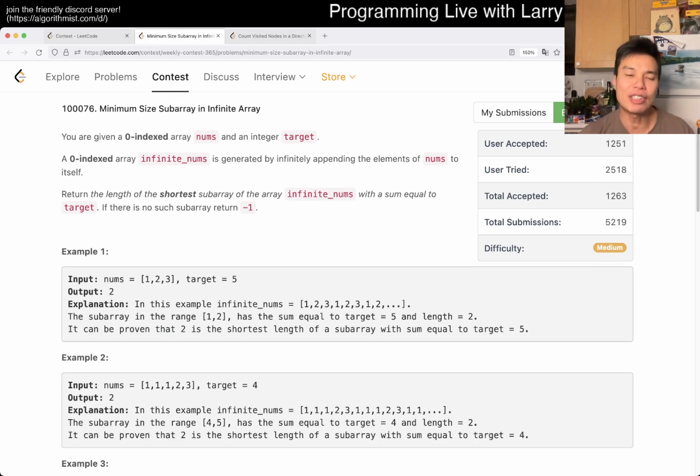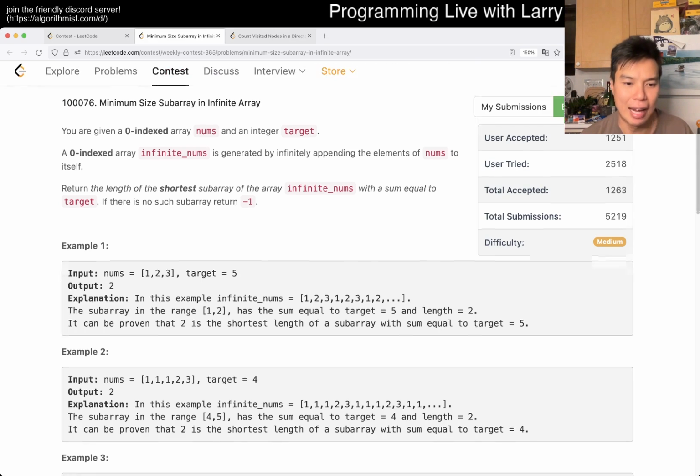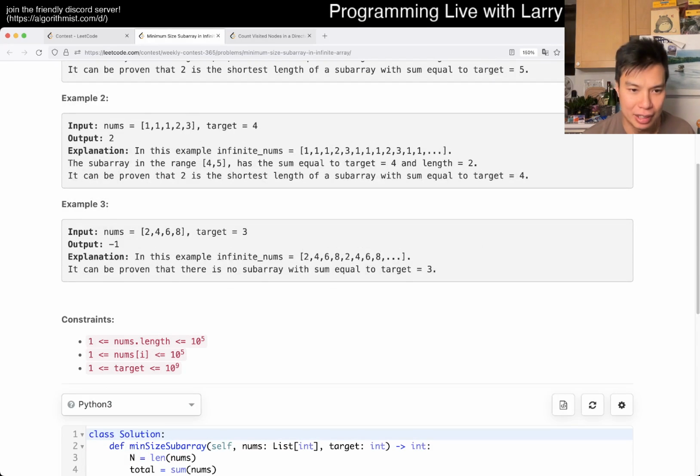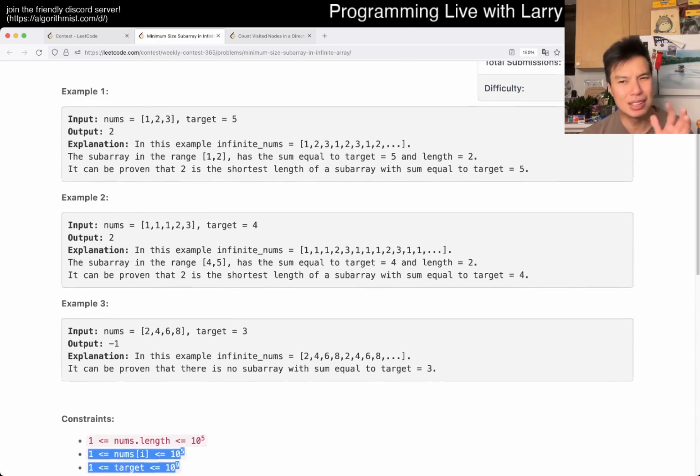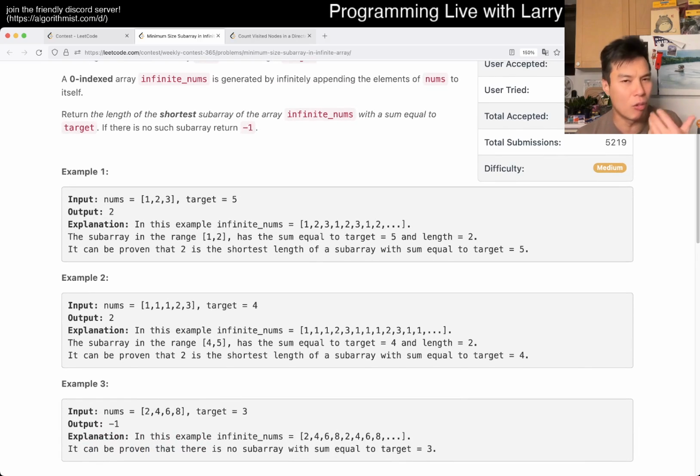I think the first thing to notice, and you may not do it consciously, is that all the inputs are positive. All the inputs are positive and the target is positive. So what that means, and you may have already made the assumption without realizing it, is that the numbers are always going to be increasing,